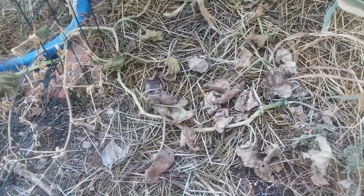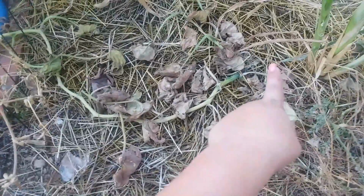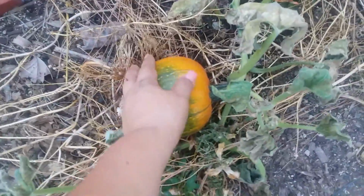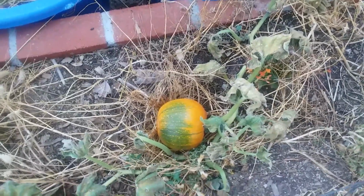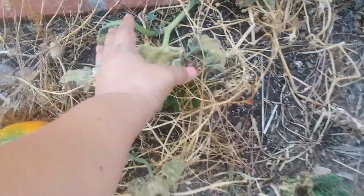Okay, so another casualty of the heat. This has been the first year that I actually got a pumpkin vine to grow and produce a little pumpkin. I'll try to show you where it was alive and doing well. So this is the sugar pie pumpkin, and it was the first time I've gotten any pumpkin seeds to produce a pumpkin. So I was super happy, but as you can see,